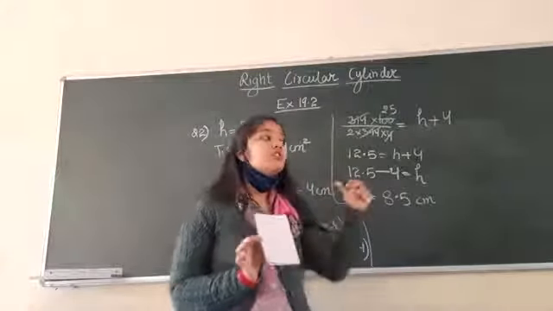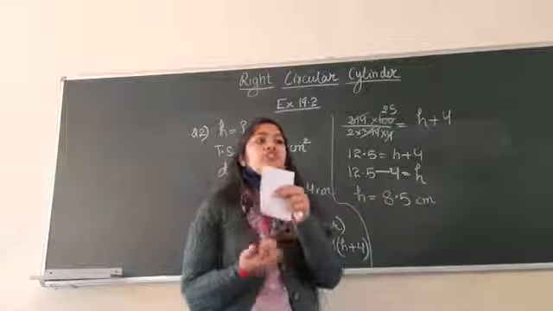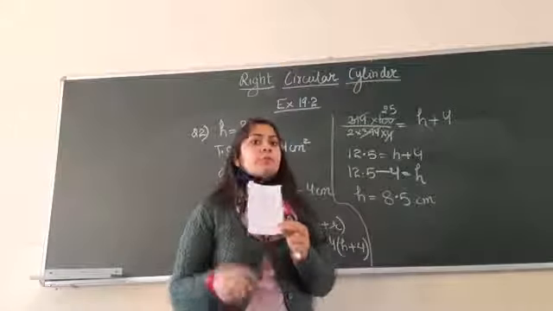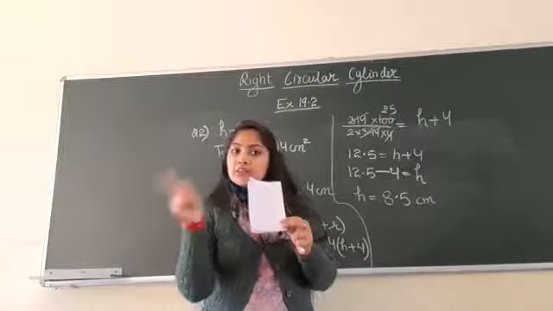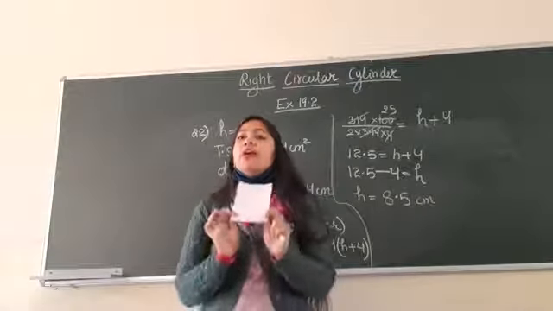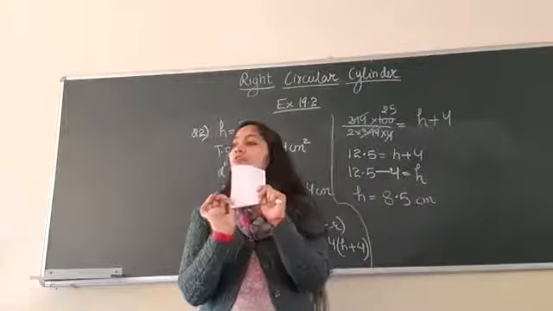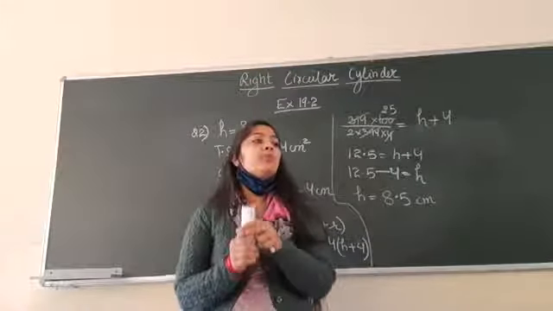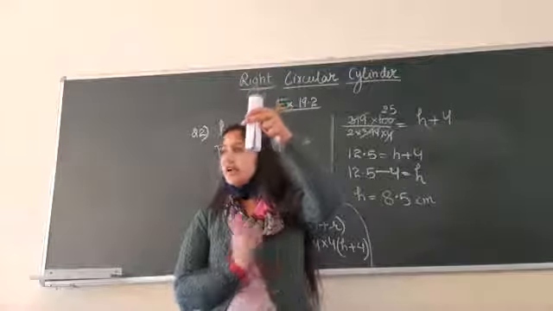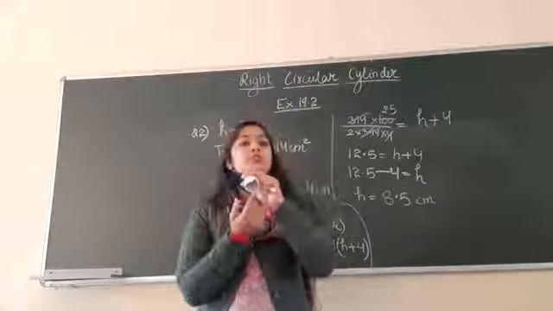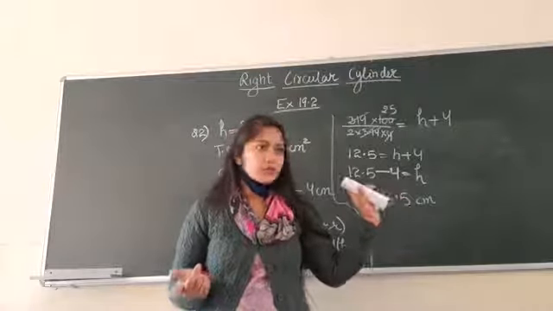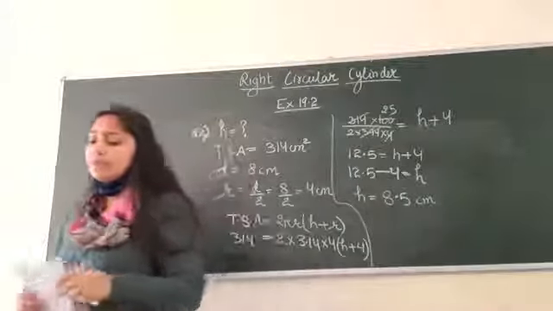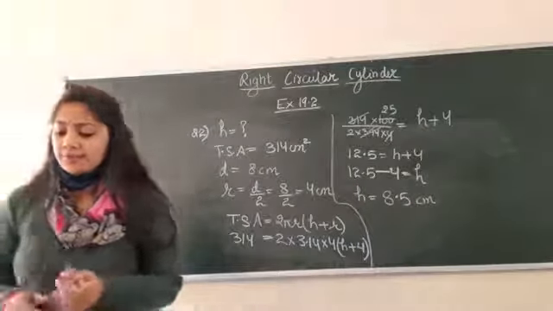When I taught you the formula, I explained that the circle formed at the bottom, its circumference is your width. Think in that manner and try to solve. They have given you the dimensions of this rectangular sheet. You know the length and the breadth. You are rolling it along your breadth, and you will find the radius of the base. Will you be able to find it? Yes, ma'am. So question number 3 you will do yourself.